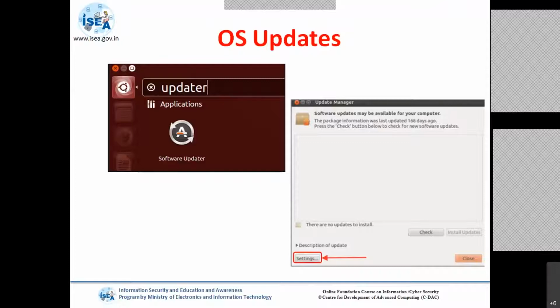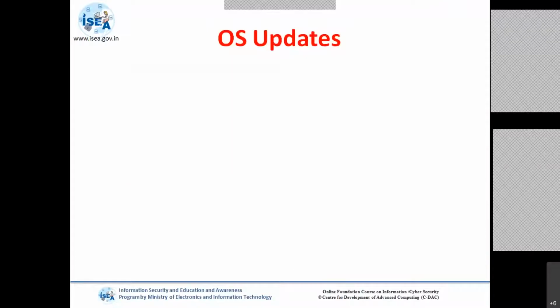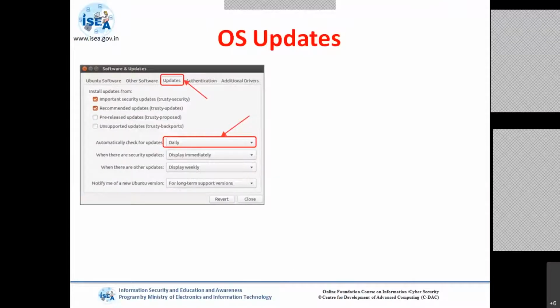So for that purpose, you should always go to the check option to check for new software updates. The similar thing which you do in Windows, this is in case of Linux. The same thing which you do in Windows, like Windows Update, is applicable in the case of Linux. You have to type in the launcher, then you will get the Software Updater where you have to check. There is a Check option. You click Check and whatever updates are there, it will connect to the official website of Ubuntu and take the necessary downloads to update it. Okay, so these are things which you can do for OS updates.